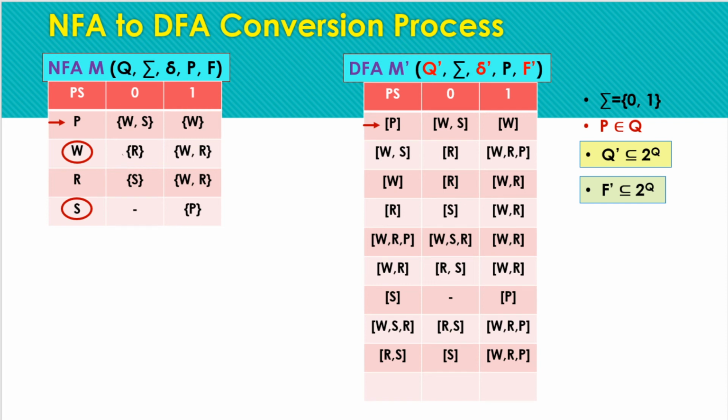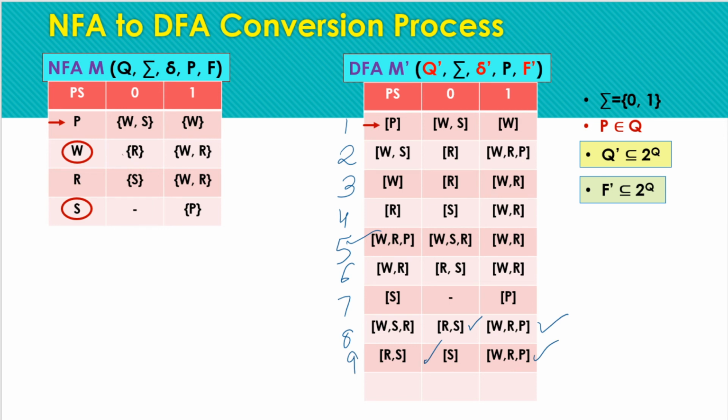After finding out the transition for these states, now we have considered this WRP already covered, S is identified, WRP already identified. Okay, so we are left with no new states, so we can stop the process of DFA transition table construction here, because we are left with no new states for this question. So the newly identified states, or we can say the states of the DFA, are these states, as we are getting 9 states for the equivalent DFA.